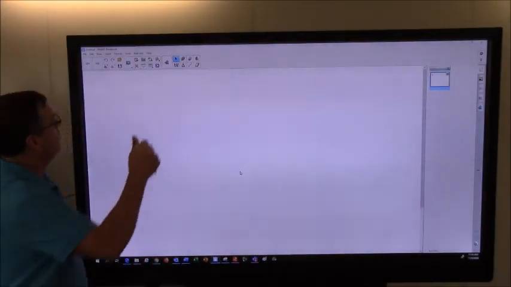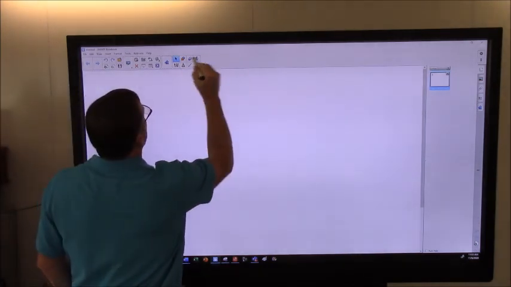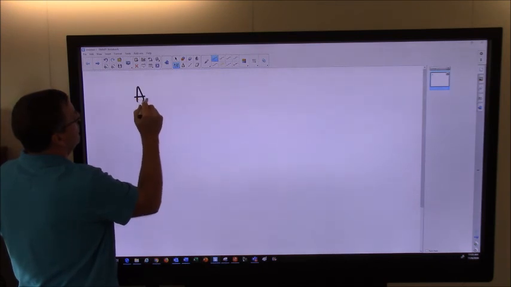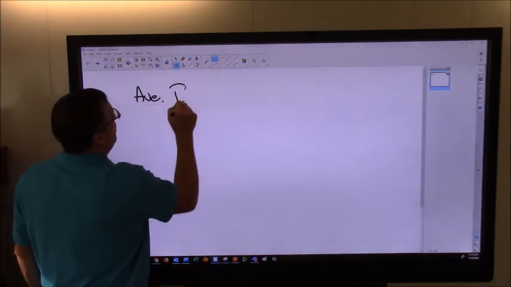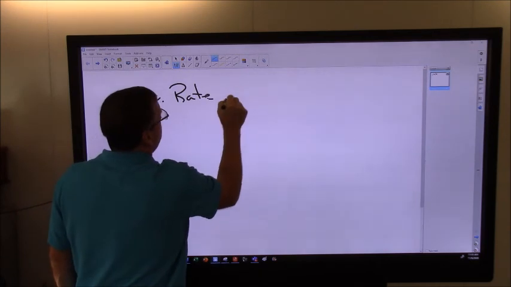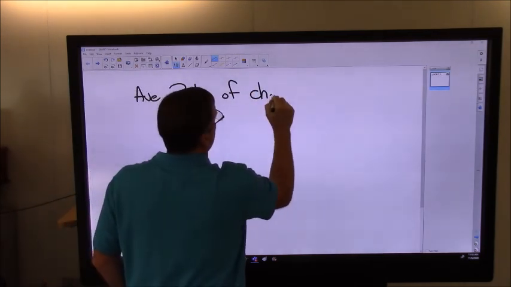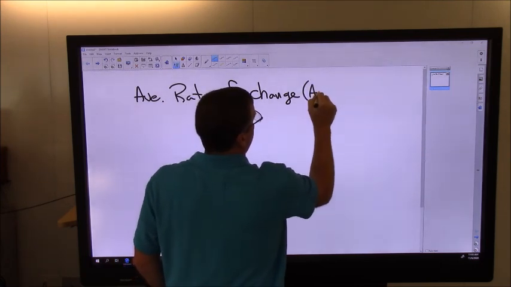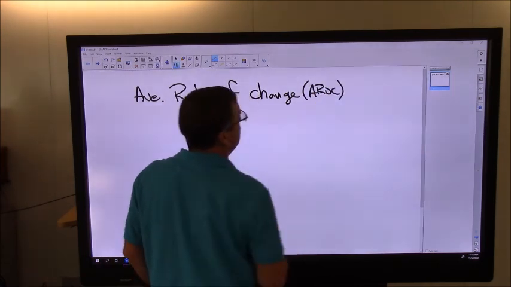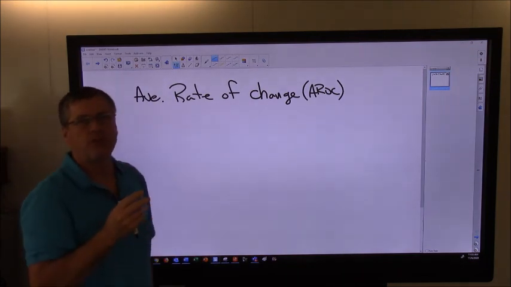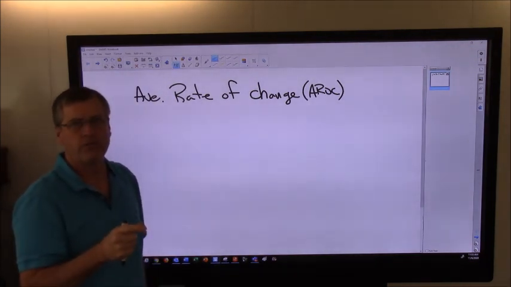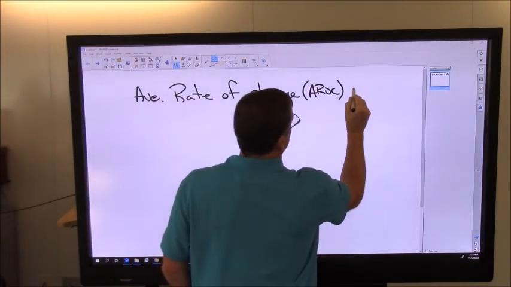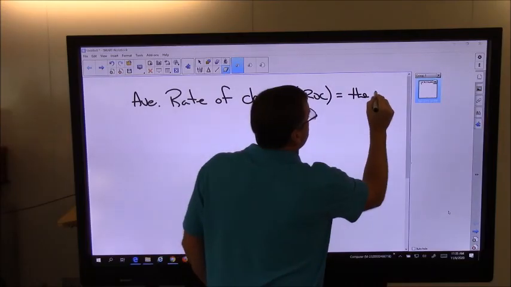So two things, I just want to make sure that we get this. First of all, an average rate of change, which I've abbreviated average rate of change, is always equal to the slope between 2 points. And we always want to find it that way. That'll never change, okay? So this is equal to the slope,